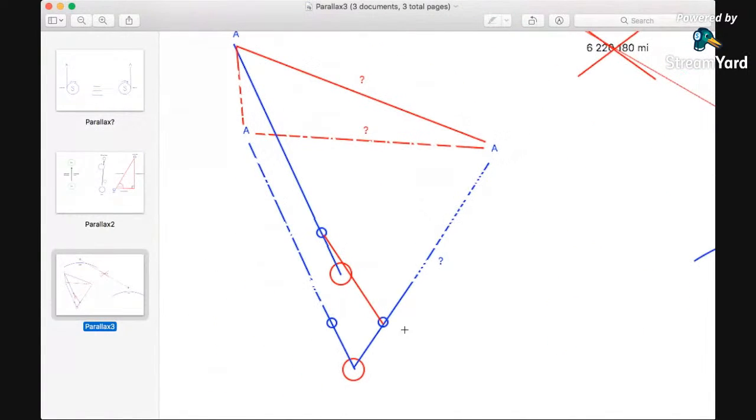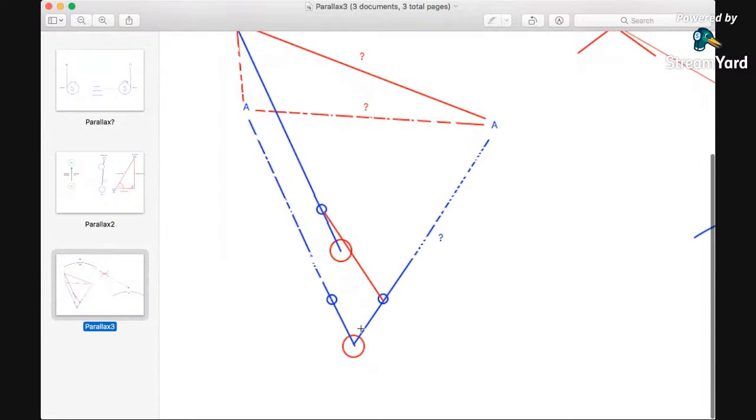What's really happening is this. Here's the sun, and yes, not to scale, but the same principles apply. The bottom red circle is the sun. These two circles will be the Earth at the start and the Earth at the end. And you see how the line that points to the sun and the line that points to the east at the start of the reading, and the west at the end of the reading, can you see how they diverge, those lines? That's right, they diverge. And this is only in this triangle.